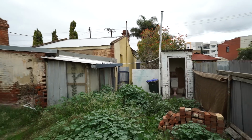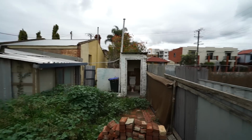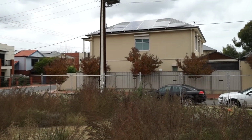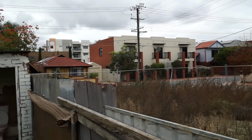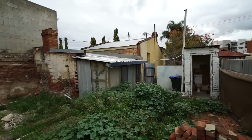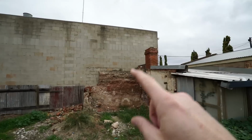Now the area we are in was filled with these little row cottages along the streets, and slowly and surely, well actually rapidly, they're being replaced with the all too common townhouses. Luckily there are still a lot of old cottages in this area, and this one's kind of survived in between a warehouse,